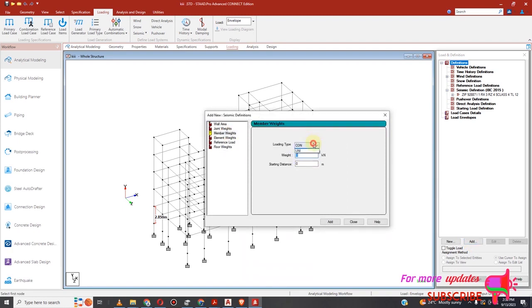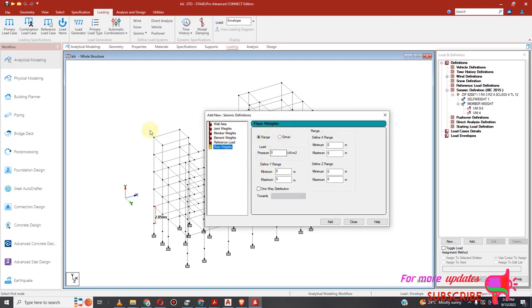I'll start by adding the external wall, which will be 9.6 kilonewton per meter. Then I will add for my parapet 4 kilonewtons per meter. Then I will add my